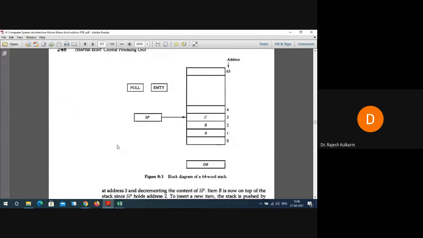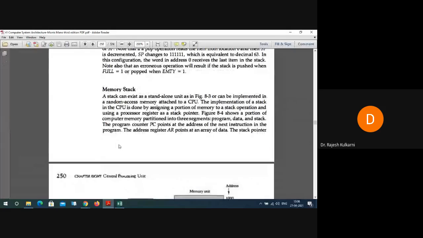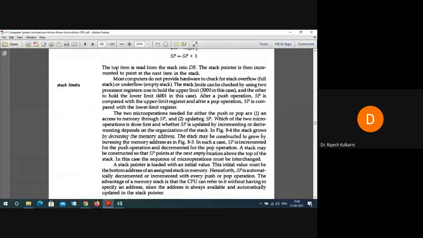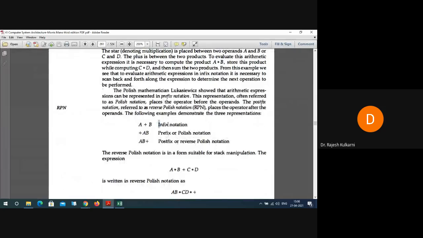Similarly, there is something, we are going directly to some point. There are notations called the Polish notations, and also reverse Polish notations. Hopefully you know that, or you don't, I don't know. We are going to take them elaborately; we are just speaking about them now, not trying to understand them. For example, this is infix notation, prefix or Polish notation, reverse Polish notation.